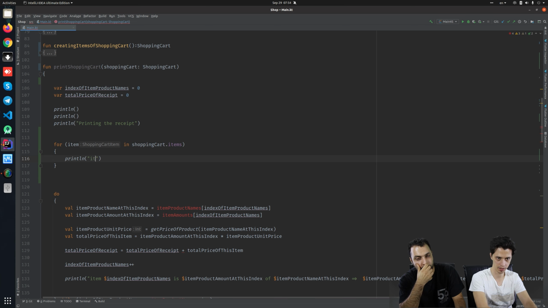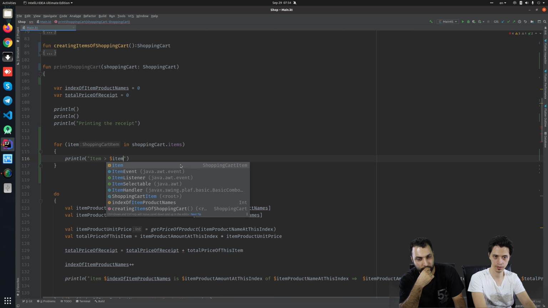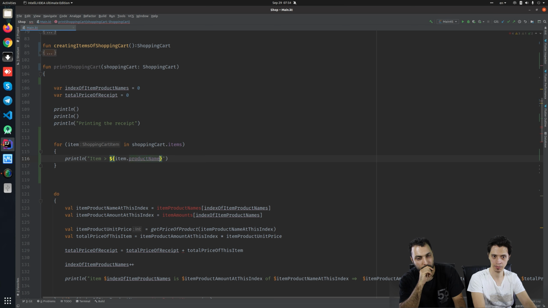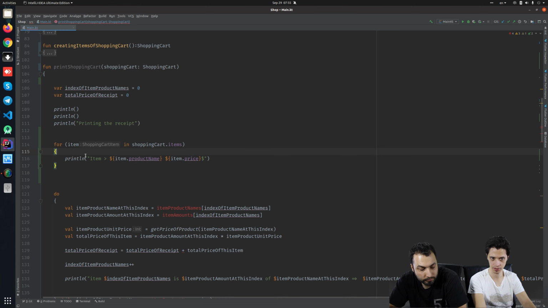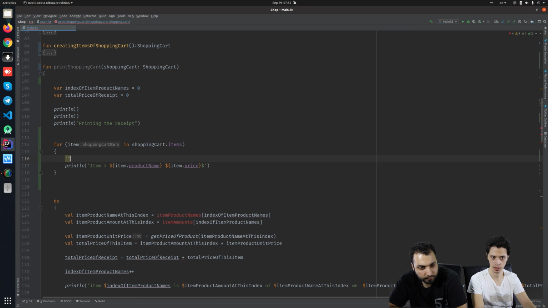For example, item dot product name and item dot price and a $ sign at the end. That is my way of doing it. So this is a string interpolation, as you remember. Inside the quotation that constructs a string, we could have multiple $ signs, and we could write, for example,